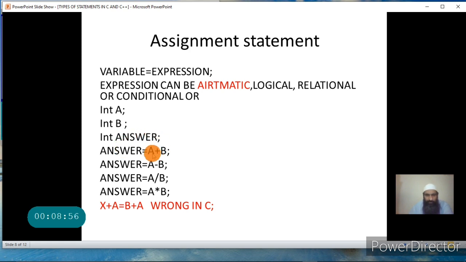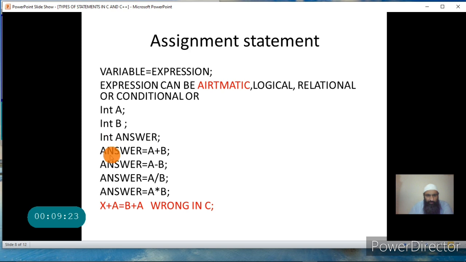The value of a is being read. As I told you, there are two operations on the memory, that is read and write. Whatever is on the right hand side of the expression of the assignment statement, that is a plus b, those locations are being read. We read a value from a, we read a value from b, the CPU reads them and then adds a to b and stores the result in answer. Storing means writing the value.